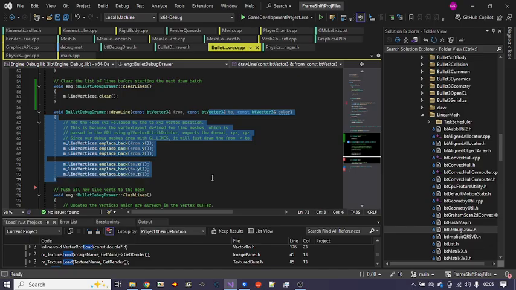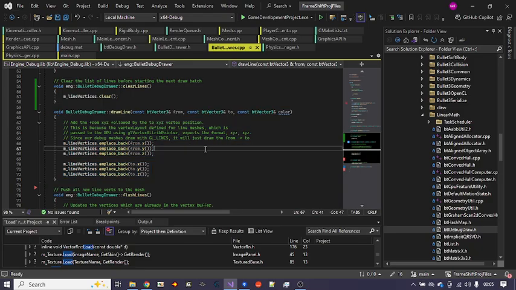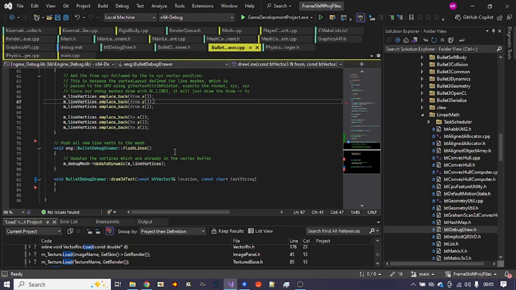Then we're going to be sent every single line, multiple lines within the scene, depending on how complex it is. And then flush lines, when we know we're finished and we can update that, then the rest of the rendering system takes over at that point. All I've done is after this debug mesh,